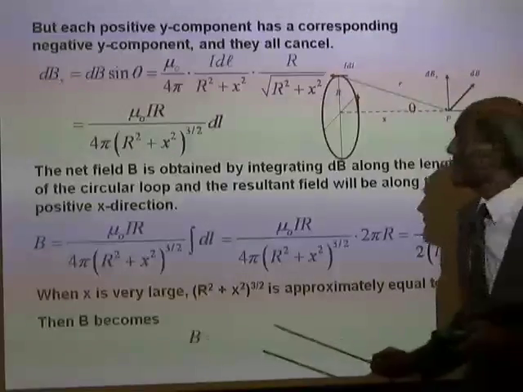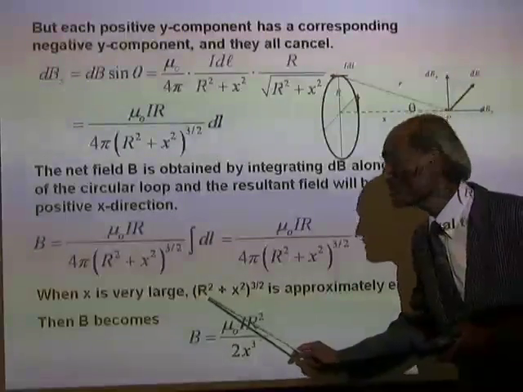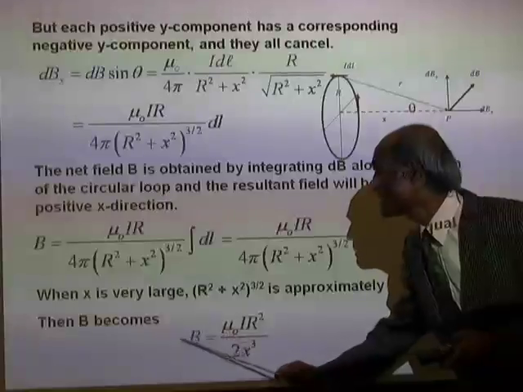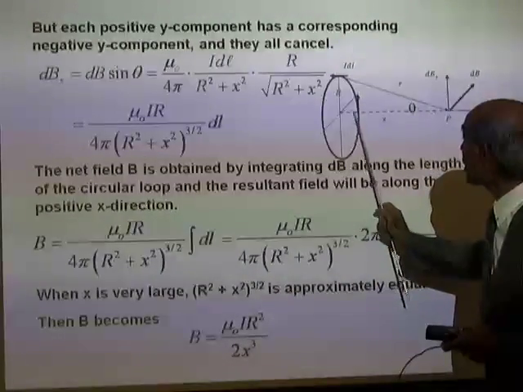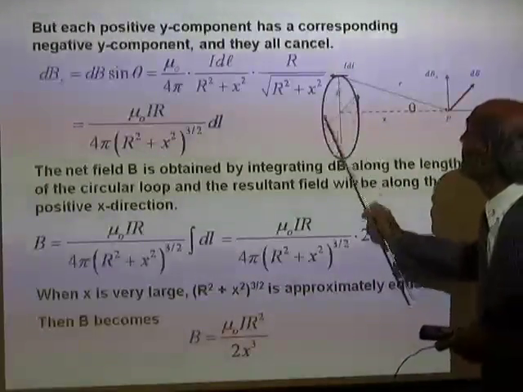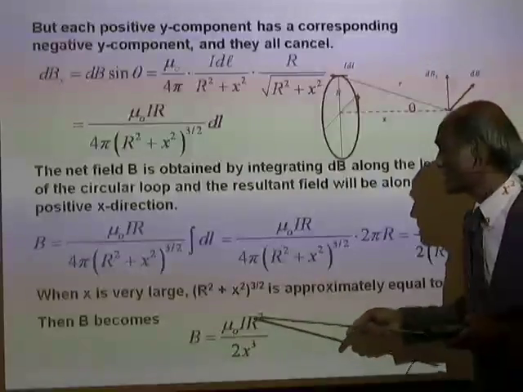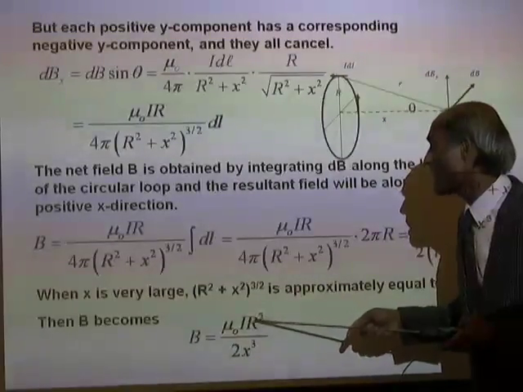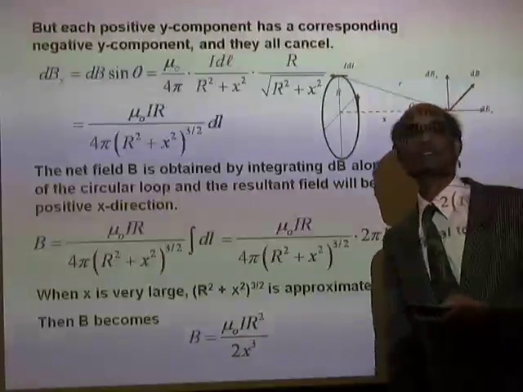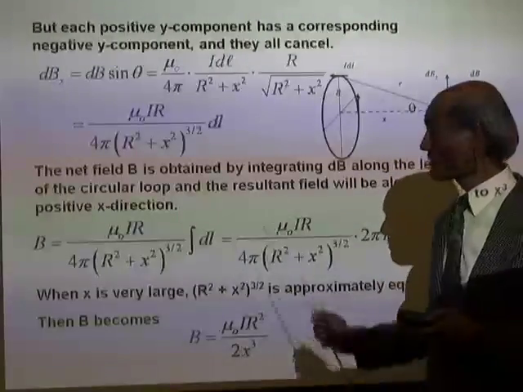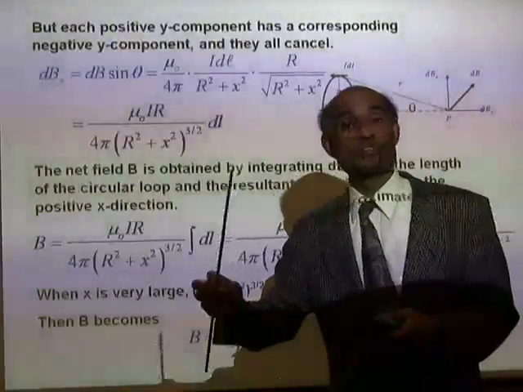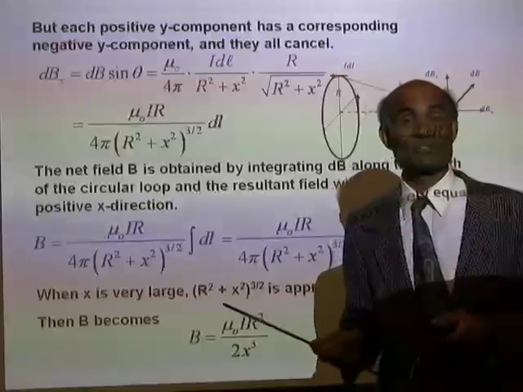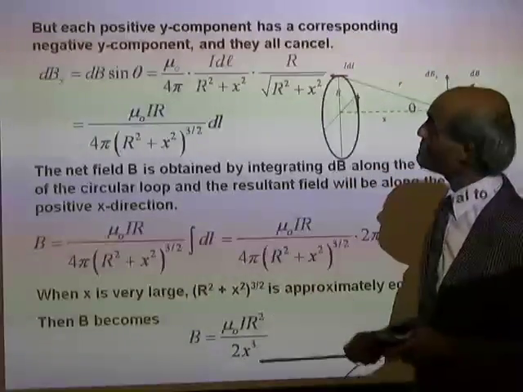And so we have an approximate expression for the magnetic field at a large distance from a circular loop of wire as mu 0 I r squared over 2x cubed. If you remember, this is similar to the situation we discussed in static electricity. Okay, let's use this to solve